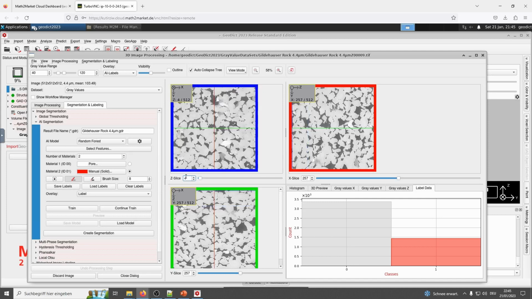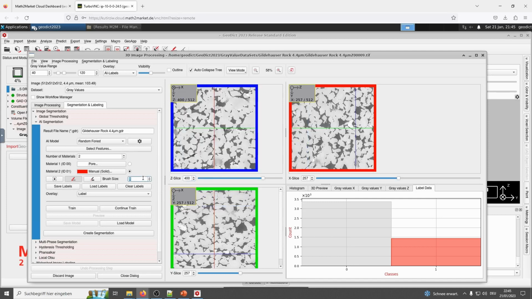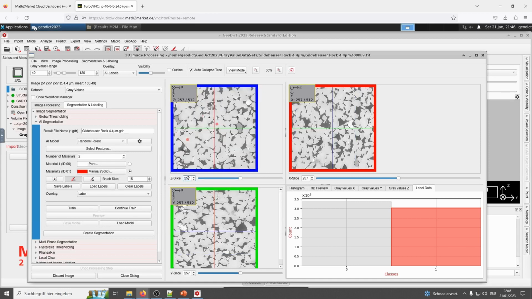The next slice, 400. I go back to the slice in the middle and add a little bit here to get a little bit equal bars.